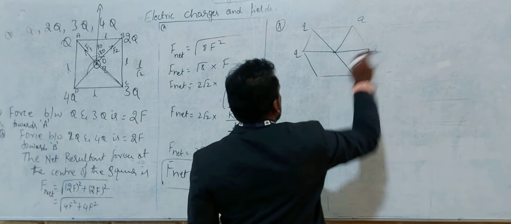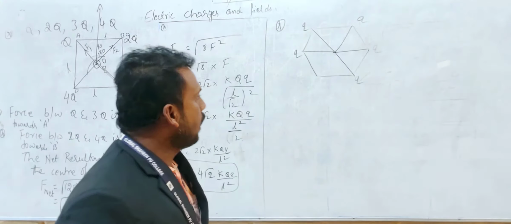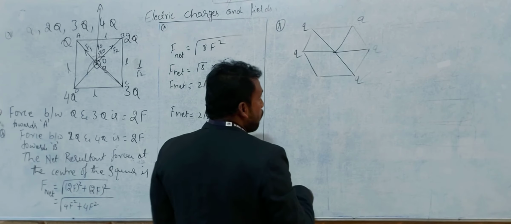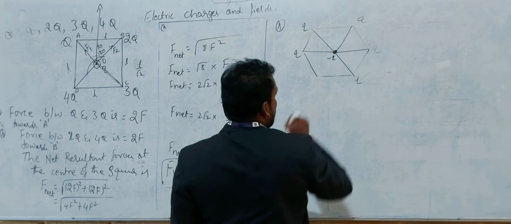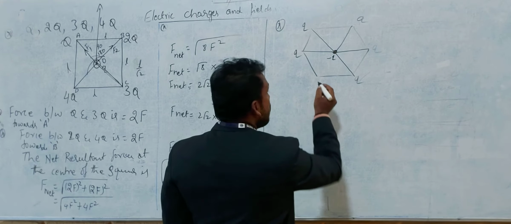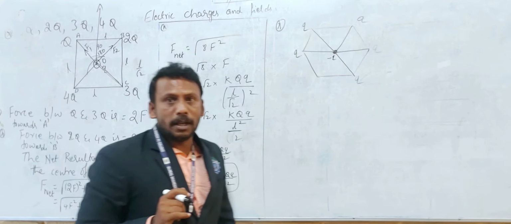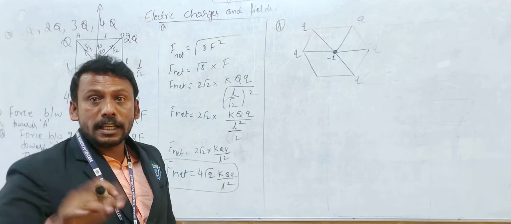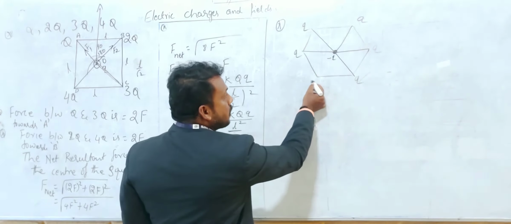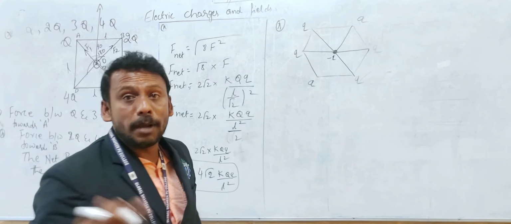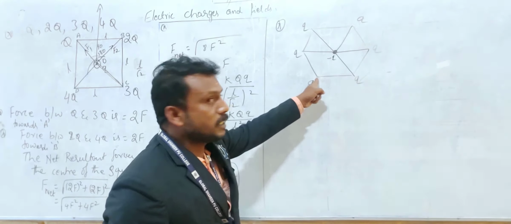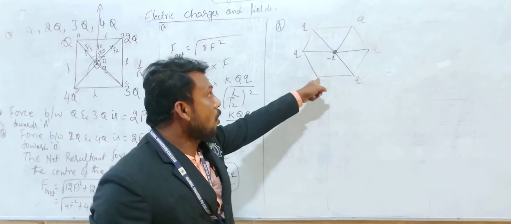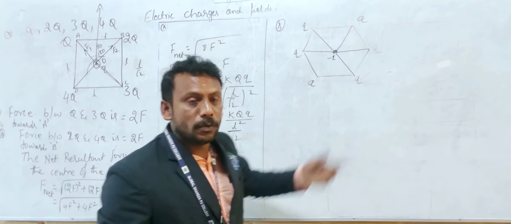These five charges are placed at five vertices of the hexagon. If you place a minus q charge at the center of the hexagon, what is the net force? Imagine I place a sixth charge q at the sixth vertex of the hexagon, what is the net force? 0. Therefore,